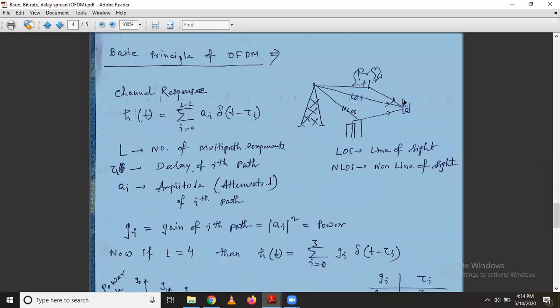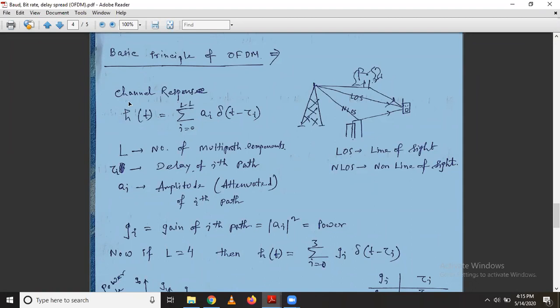So definitely there will be some inter-symbol interference problem. One symbol will interfere with the next one. Now, h(t) is the channel response. We know that a channel is nothing but a kind of filter, because through the channel some frequencies pass and some are blocked. So any channel acts as a filter. A filter has an impulse response in the time domain and a frequency response in the frequency domain. That is the channel impulse response, denoted by h(t).